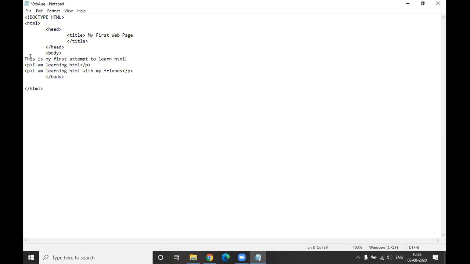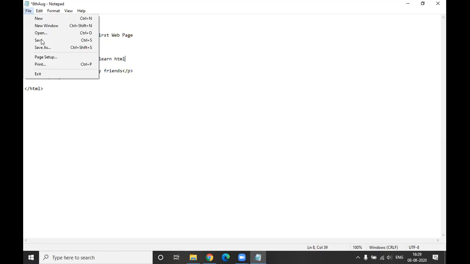It's just that when you work in a team, you want to make sure whatever code you are writing, someone else can also understand it. Okay. Now save it and show me how it looks in a browser.